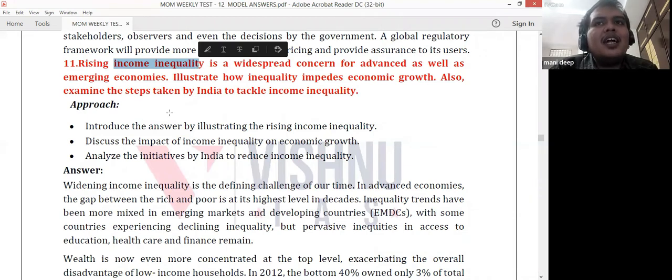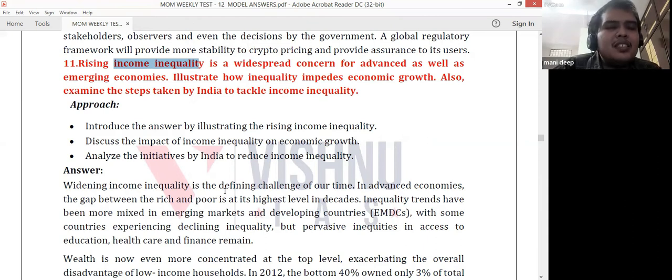Then you can write about what are the issues. When you are having such income differences, then the capability of different sections of the people will be very poor. Like the rich will become richer and the poor will become poorer. This is what Gandhi has said and which is happening in society now. Then you can write regarding the investments. If everyone has an equal amount of money, then they can invest in whatever is their priority. But nowadays the priority is based on some oligarchs who are having a huge amount of money. Then we can write about how it is impacting economic growth also.